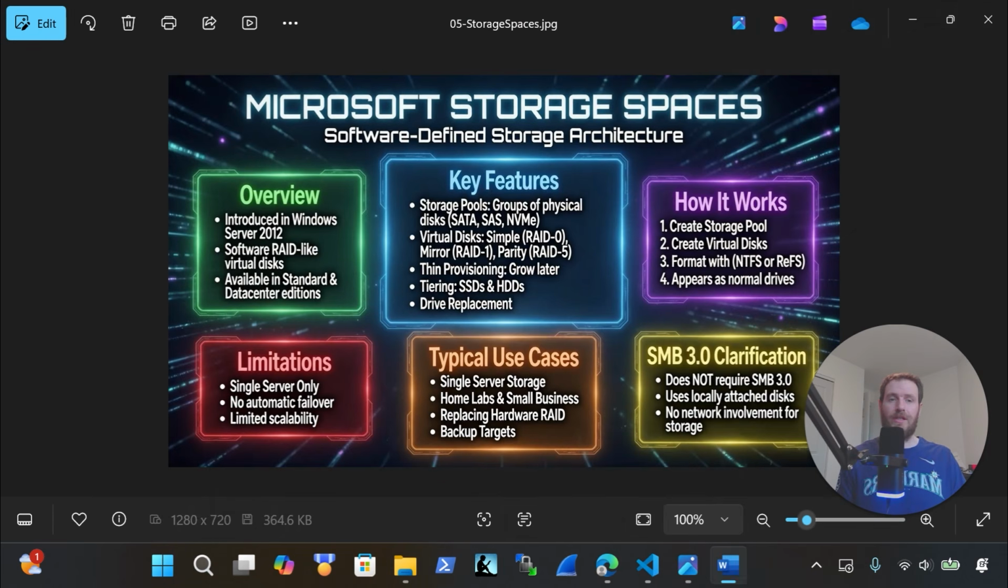So now that we've talked about file systems, we'll move into talking about storage spaces and storage spaces direct. Storage spaces is Microsoft's software-defined storage feature introduced in Windows Server 2012. It allows you to create virtual disks, which is known as storage spaces, from groups of physical disks, similar to a software RAID solution. It's designed primarily for a single server deployment and is available in Windows Server Standard and